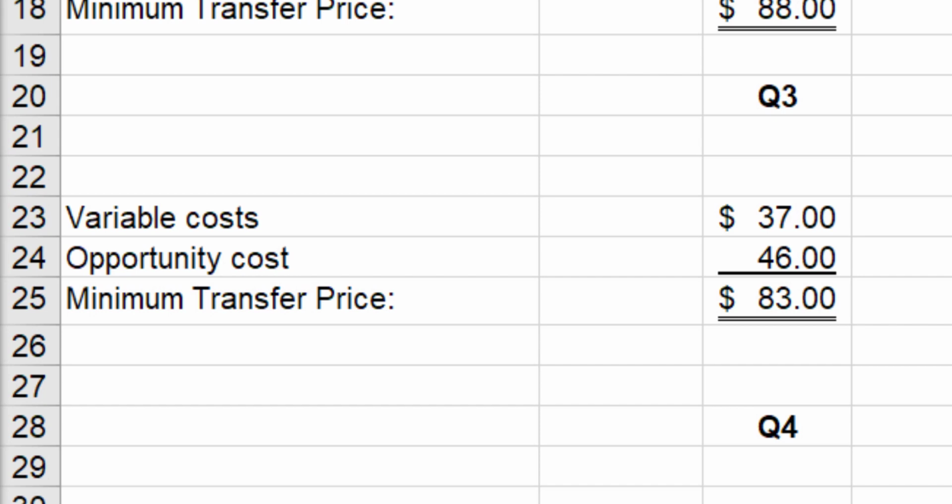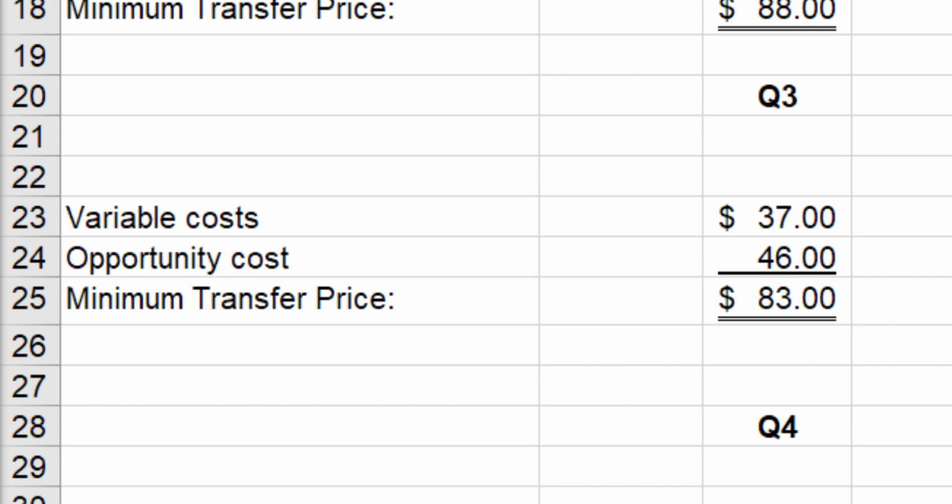Well, here's how we're going to do it. Our variable costs once again are $37, but this time our opportunity cost isn't $51 anymore, because if we were going to sell this externally, we would be paying that selling cost of $5. By transferring it internally, we no longer have to pay that outside selling cost of $5, and therefore our opportunity cost is $5 less. So our minimum transfer price in this instance is actually $5 less than the market price,